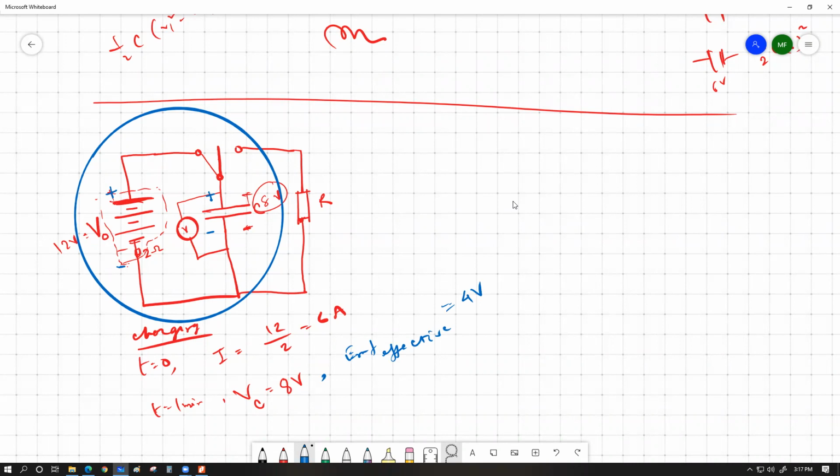কারণ 12 ভোল্ট হচ্ছে ব্যাটারির ইএমএফ, ক্যাপাসিটরের নিচের ভোল্টেজ আছে 8 ভোল্ট, সো সে 8 ভোল্ট অপোজ করতেছে, সো বাকি যে 4 ভোল্ট আছে সেই 4 ভোল্ট দিয়ে এখন কারেন্ট ফ্লো হবে। তার মানে হচ্ছে at exactly 1 মিনিট টাইম ইনস্ট্যান্স আমাদের কারেন্টের ভ্যালু হবে কত? 4 ভোল্ট ডিভাইড বাই 2 ওহম which is only 2 অ্যাম্পিয়ার।